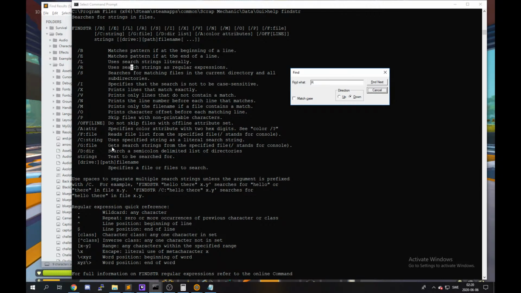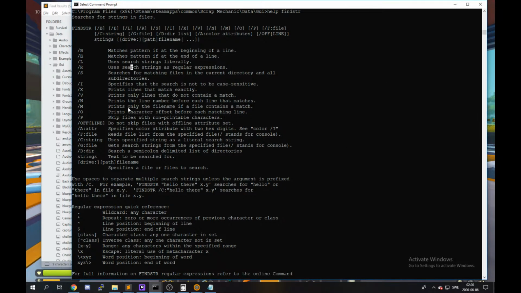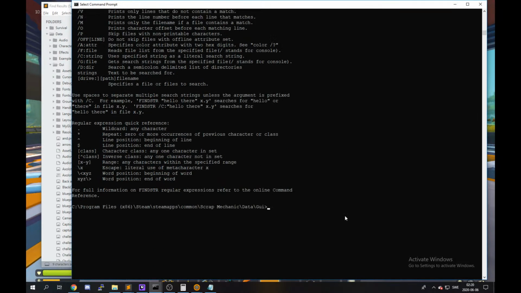String uses specified string as literal search string. Okay. So apparently if you don't give it a file name and just pipe input, it just does that. Okay. So dir type2